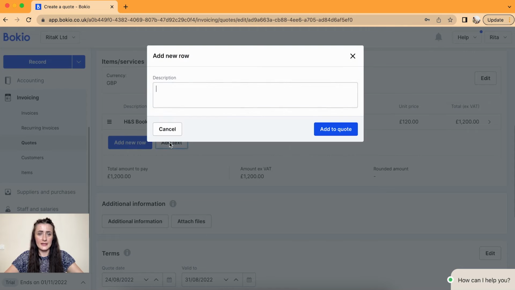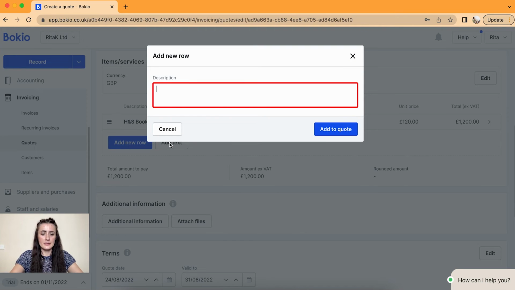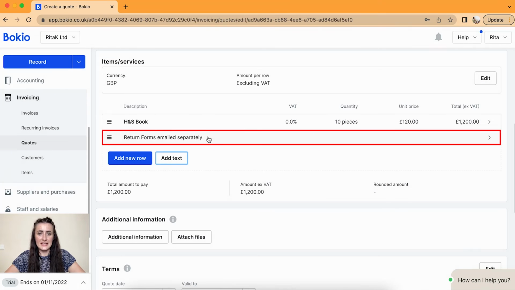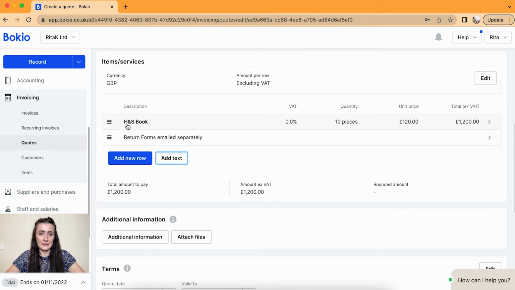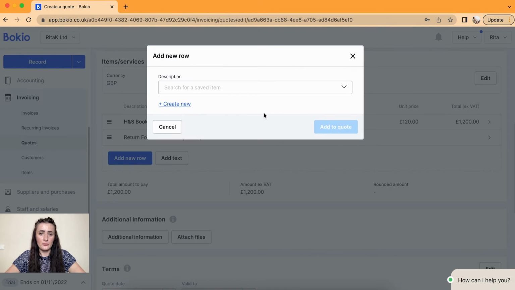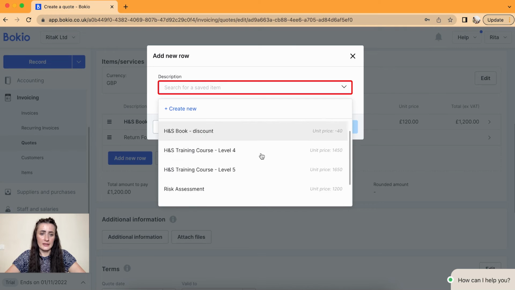So if I add text, I can add that return forms emailed separately and click add to quote. So this text line will actually not contribute to the total amount, so it will be added under this line as information. If I need to add another row, click on add new row and select your next item, maybe